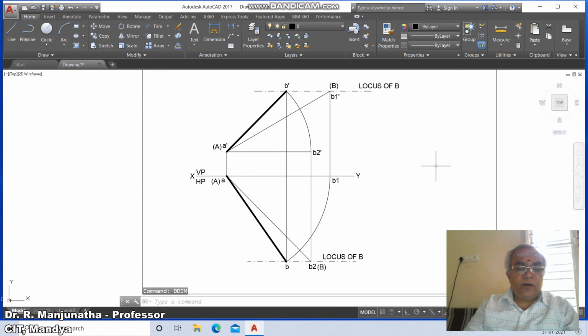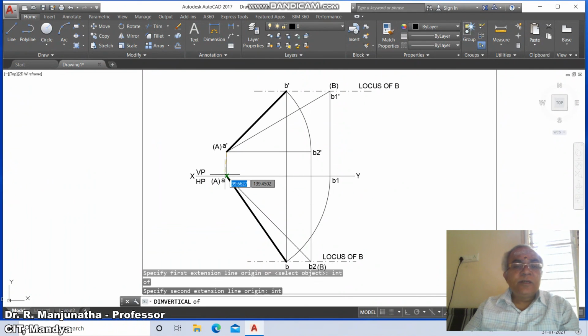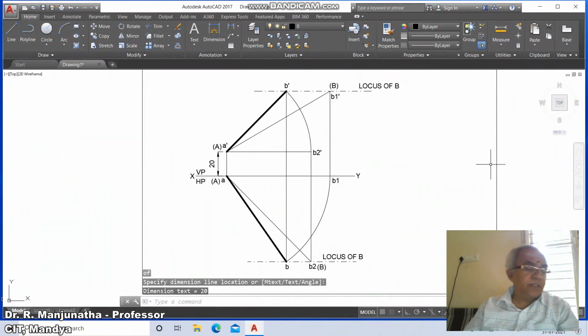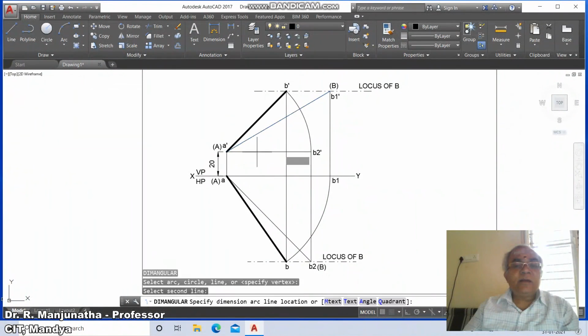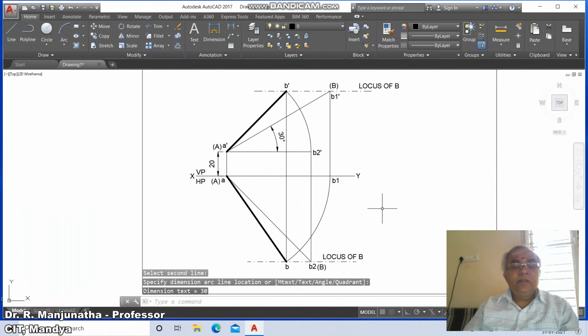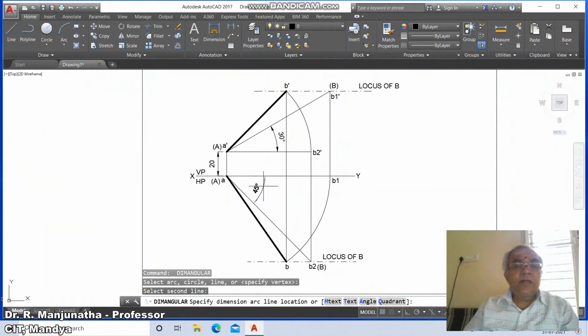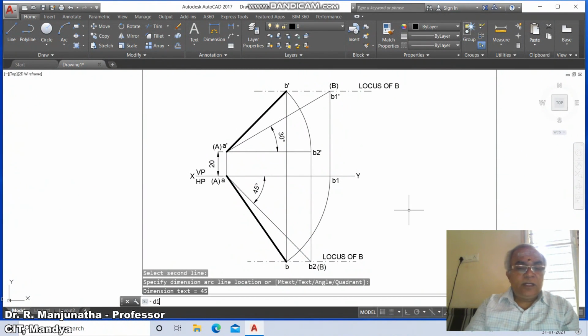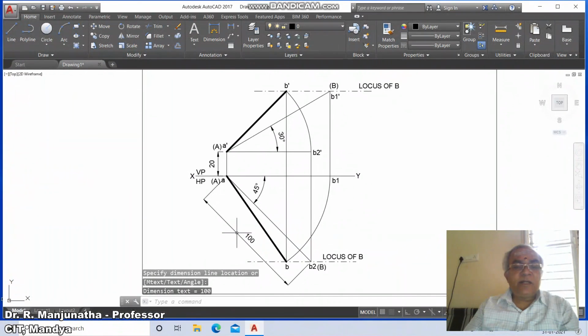So now we will go for dim vertical VER. Take intersection point of this and intersection point of this. So the distance is 20. So click over this. Similarly, dim angle IANG. You just select between this line and this line. So you're going to get it as 30 degrees. Similarly, dim angular between this line and this line. So you're going to get it as 45 degrees. So then dim aligned ALI. So select this line. You're going to get it as 100. So then break this line till here.